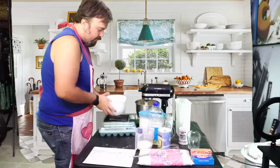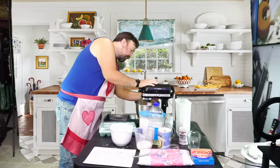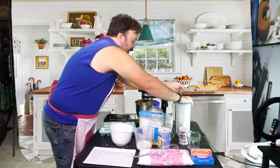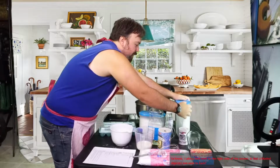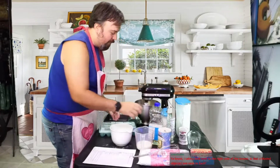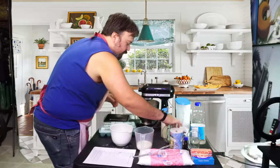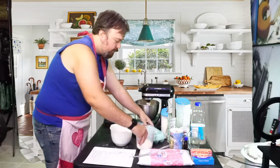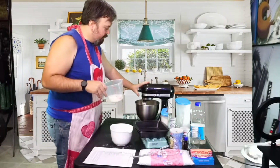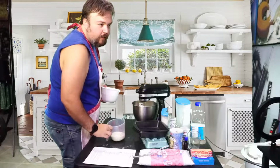Alright, so now that's incorporated, so we're gonna put it down. We're gonna keep it at stir, and we're gonna slowly incorporate the flour and the buttermilk. As slowly as we can, because obviously if I pour all of the flour in there, it's just going to become a huge floury mess. But yeah. Eggs over there. You guys can see we're coming along pretty well. Kind of. I wish I could angle it a little bit better for you guys, but...